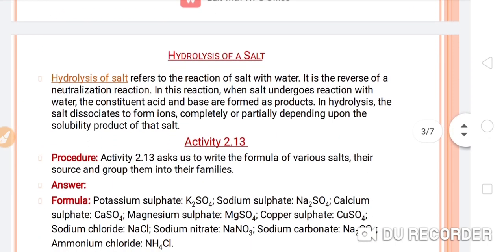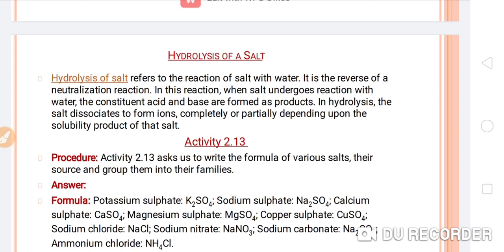Now next topic, students, that is hydrolysis of a salt. So what will happen when you do the hydrolysis of the salt? Let's see. Hydrolysis of salt refers to the reaction of salt with water. It is the reverse of a neutralization reaction. In this reaction, when salt undergoes reaction with water, the constituent acid and base are formed as products in hydrolysis. The salt dissociates